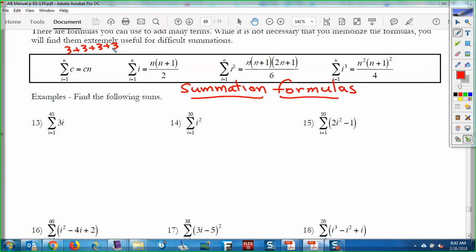So if you're adding up a constant, so if you have sigma of pi, and you're going from 1 to 10, okay, so that's an easy one. The definite integral, the integral from a to b of f of x dx,